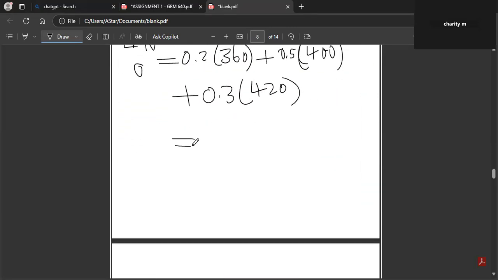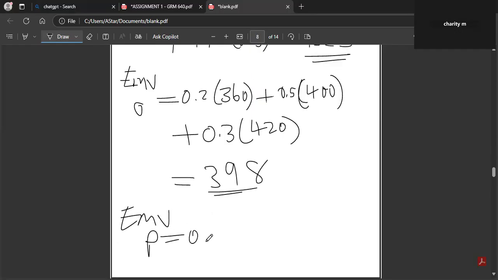So this one is giving us 0.2 by 360 plus 0.5 by 400 plus 0.3 by 420. That is 398.98. Then the EMV for P